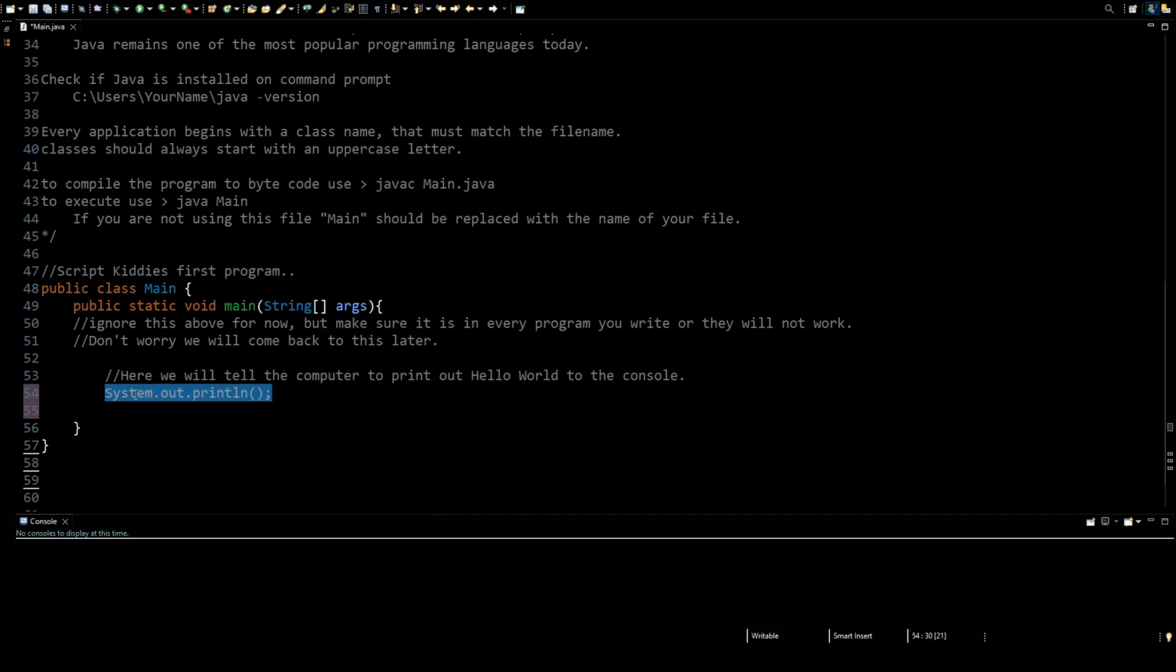Now right now you may be totally confused as to why we have System.out.println. A quick rundown is System is a class, out would be a particular object in that class, and then println is a method that we are running on that object. Now, that may make no sense to you, but that's just a quick rundown of what's going on, and we will explain a little bit more later. But for now, just remember